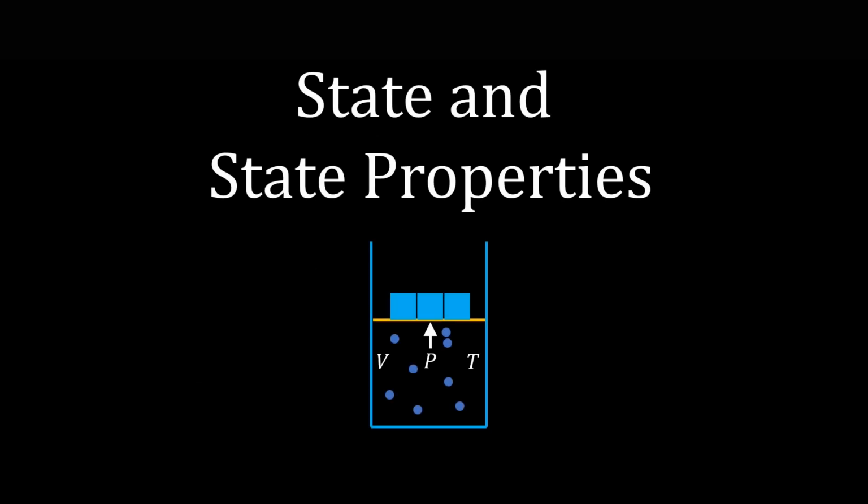In this video, we will see about state and state properties. We'll recall some classical mechanics stuff here. Consider a particle with a mass m moving at a velocity v. Let's say we want to understand the behavior of this particle, essentially its motion. Then we need information like what is the initial position, how much is the mass, at what velocity it moves, and what is the kind of motion.